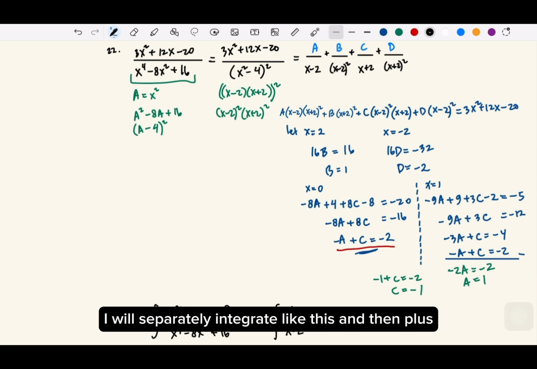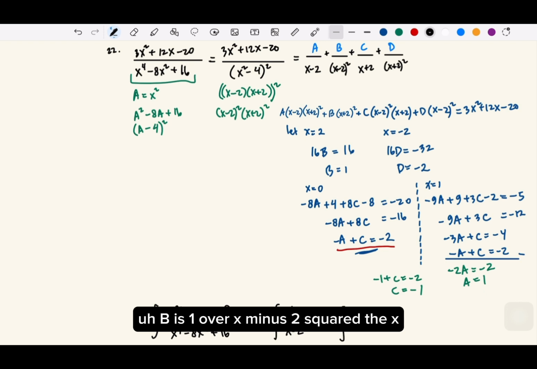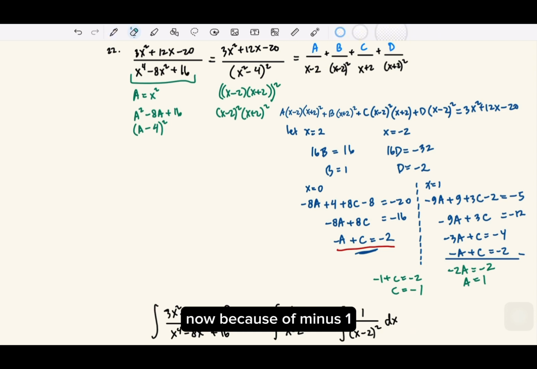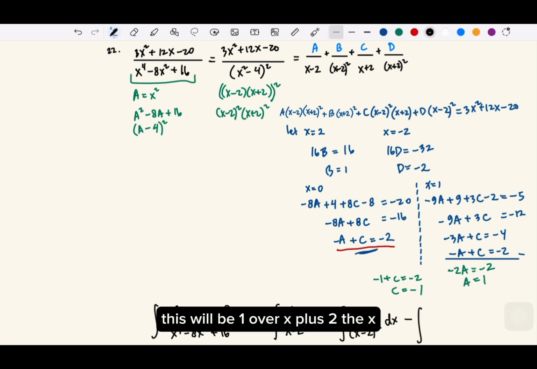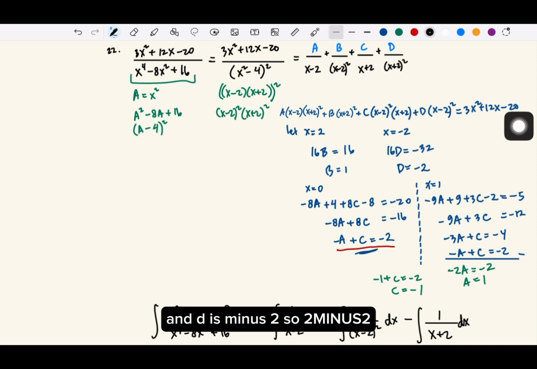And then plus b, which is 1 over x minus 2 squared dx. And plus or minus now, because of -1, this will be 1 over x plus 2 dx. And d is -2, so minus 2